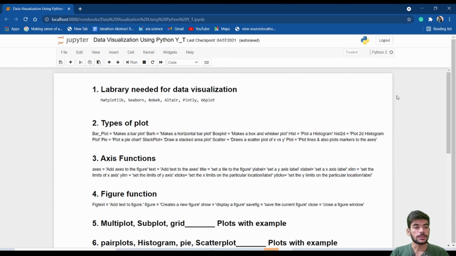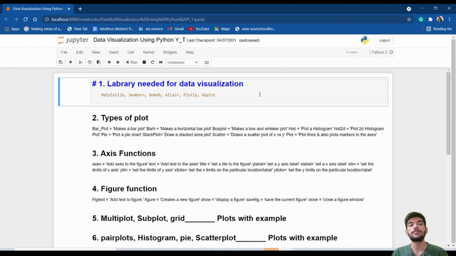So getting over to this, we are going to start from the libraries needed for data visualization. Data visualization consists of many things that we see in our day-to-day life, that is, different kinds of charts, like the bar graph, pie chart, histogram plots and all. So we are going to cover all that. Starting from the library needed, the library which we are going to use will be matplotlib.